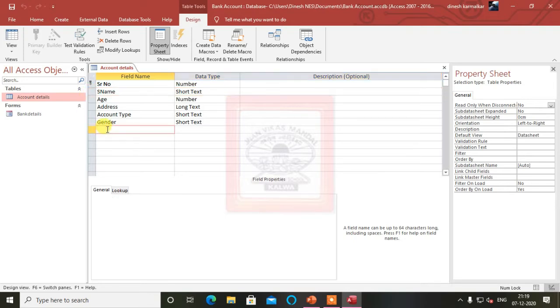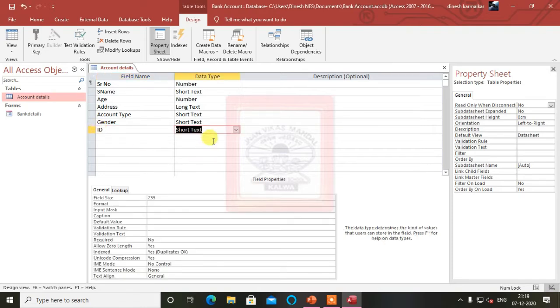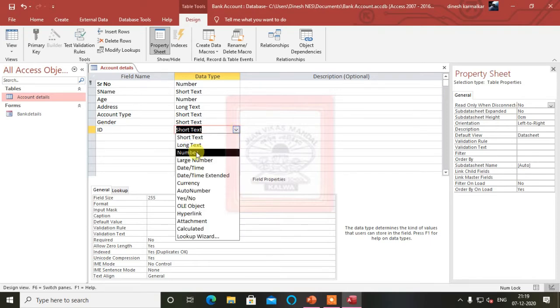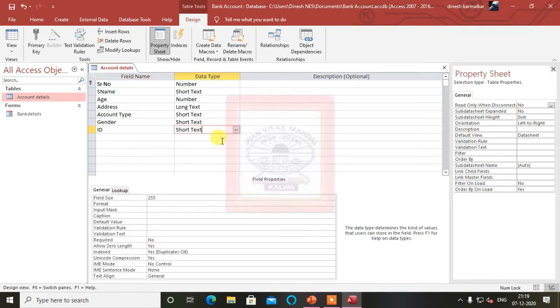We can add it at the last, let's say we'll add this ID in the last, and that will be a short text, or you can take a number also. Let's take short text only, which will comprise both numbers and text, so we can make that.